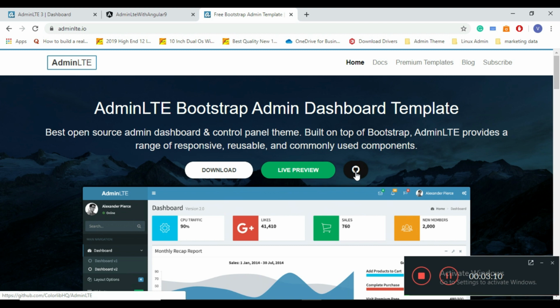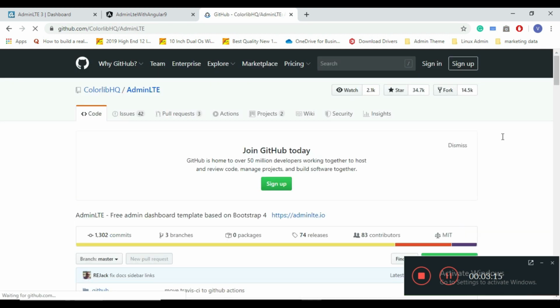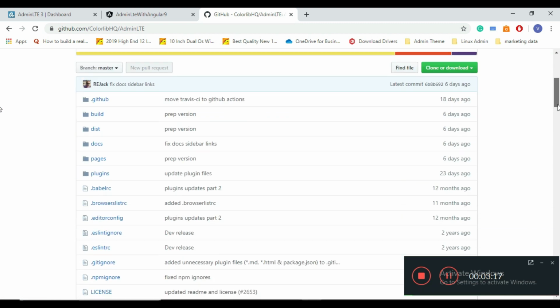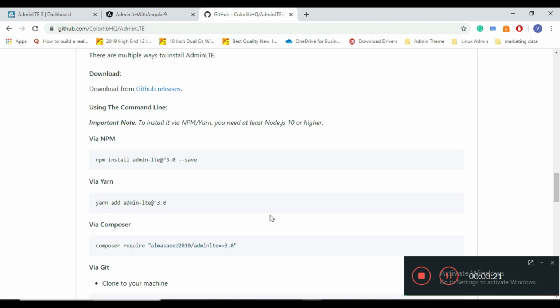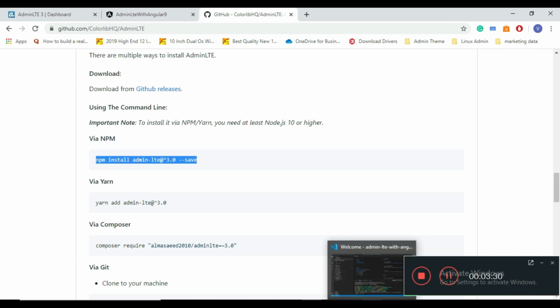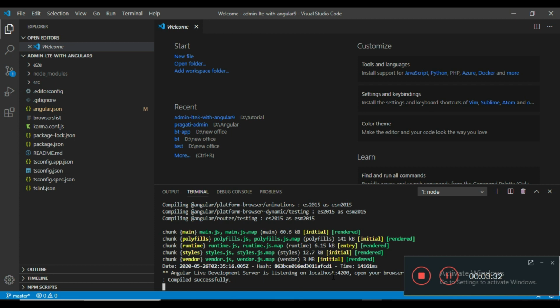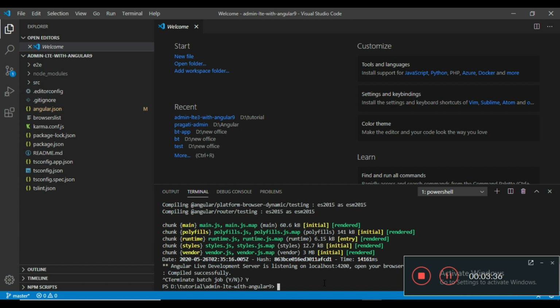Click on this GitHub icon, scroll down and check npm install admin-lte. So copy this command, go to the VS Code editor, and then run the command.